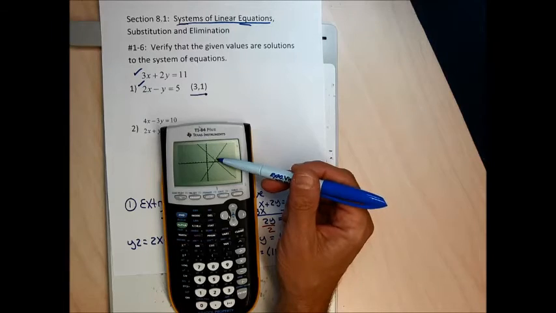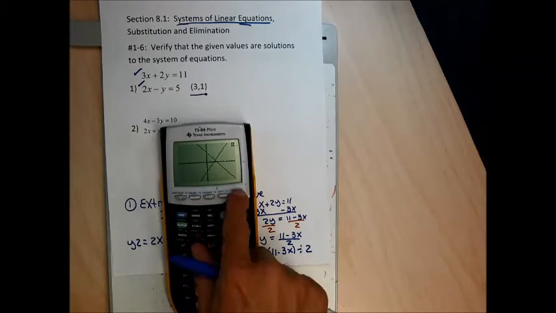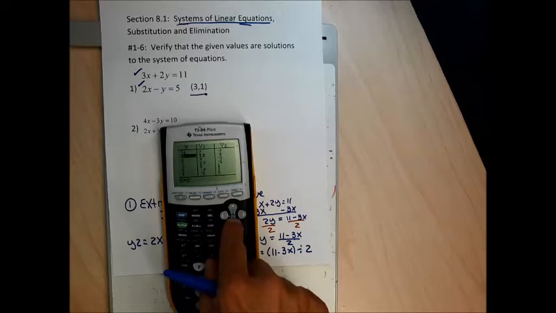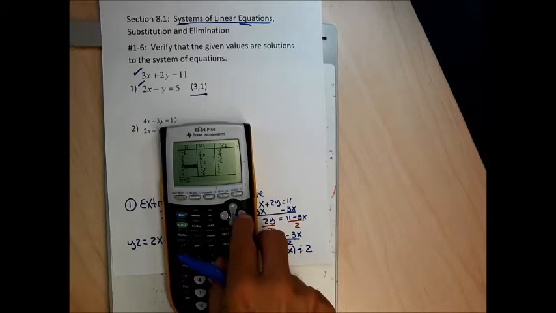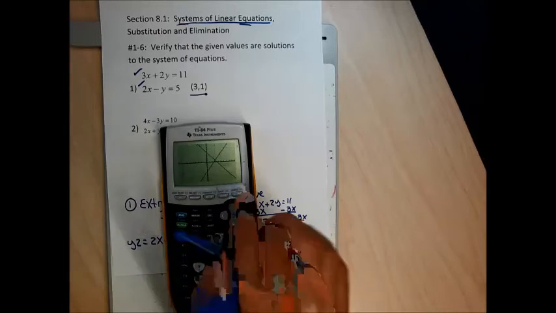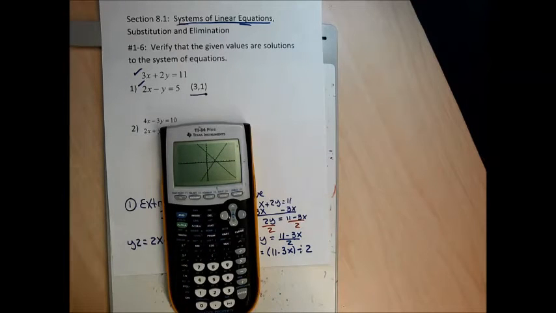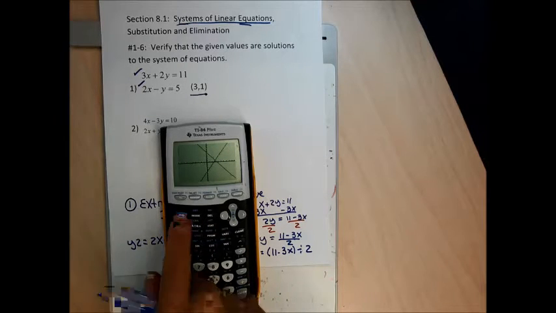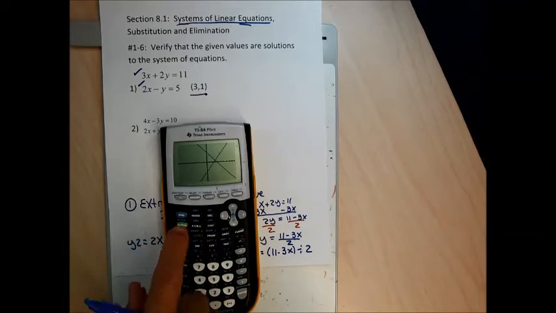Let me check that real quickly by going second, table, and I'm going to look at next to 3. If you look at 3 in the x column, you'll see for the first graph it has 1 in the y column, and for the second function it has 1 in the y column. So I'm pretty sure that that point is the point (3, 1). Another thing I could do is this. And again, we don't have to do this. This is just to help your